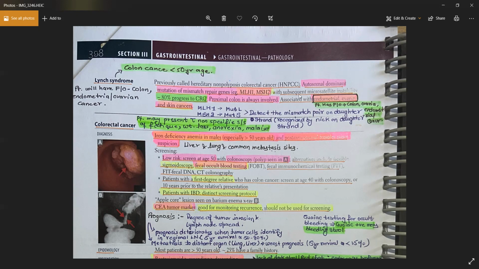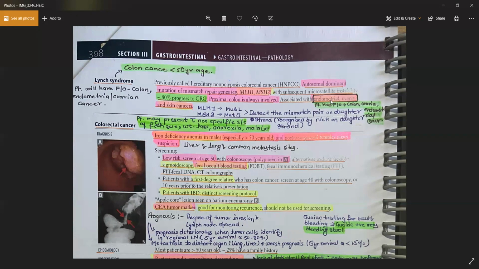Okay, you will have a microsatellite instability in it, okay, and you have an 80% chance of progression to the CRC. Very important, 80% chances are there for progression to the colorectal carcinoma, okay, and the proximal colon is always involved. This is an important thing. The proximal colon is always involved in it, okay, and you will have a classical triad of the